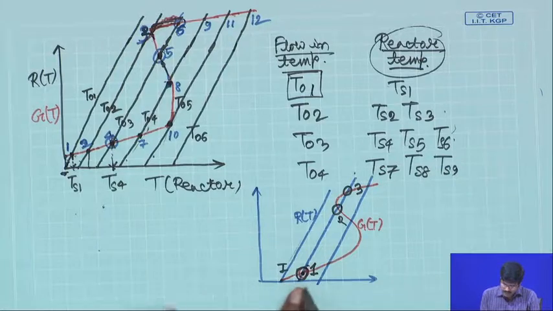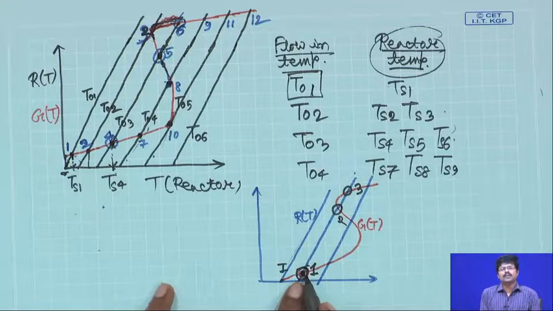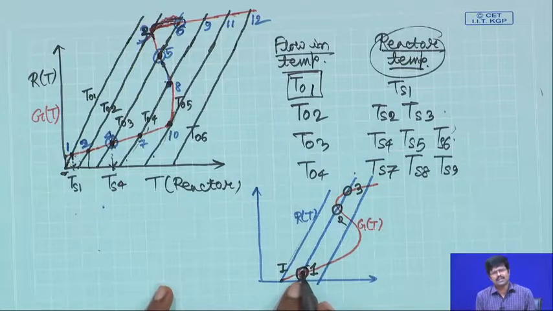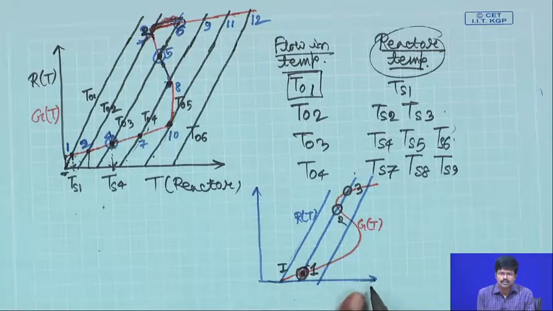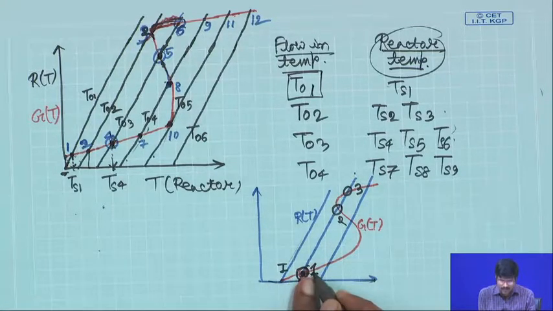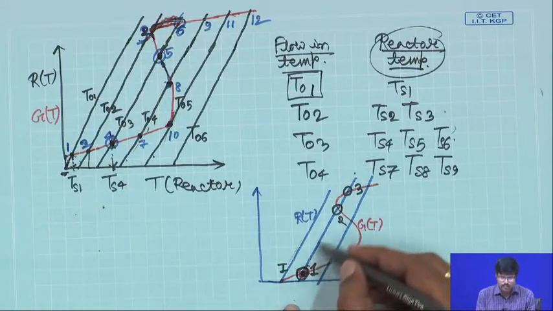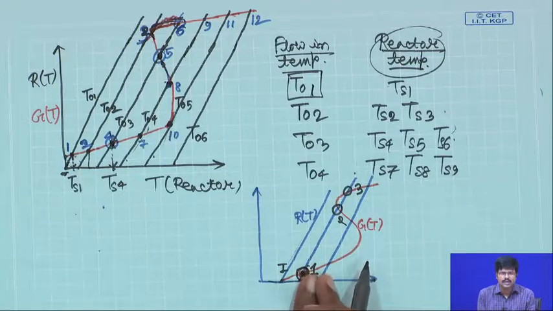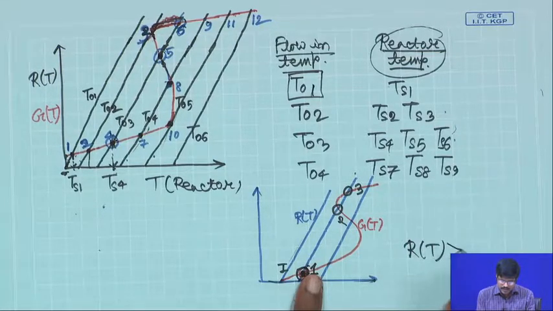When you are at this particular point, your rate of heat removal is equal to the rate of heat generation. Now, let us destabilize the system a little bit. Let us increase the temperature of the reactor very slightly. If the temperature of the reactor increases, this x axis is the reactor temperature, so then you will move somewhere in this direction. The moment you move in this direction, what will happen? Your red curve is basically below the blue curve. So, at that point your RT is greater than GT,